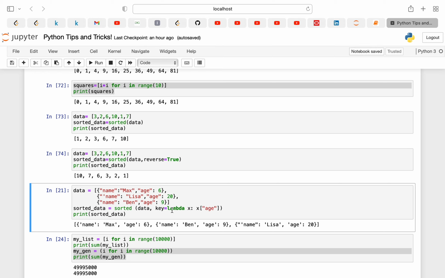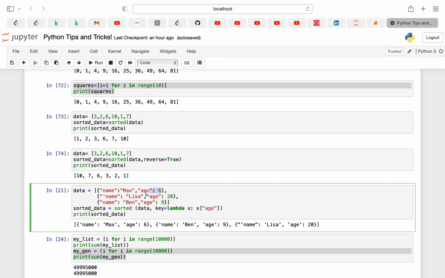Now the next thing comes, suppose you have certain parameters inside your array, and you want to sort the array by certain parameters. Suppose I need to sort this particular array by age. So I can create a simple variable, sorted array, and pass here the data I want to sort, and I can pass key.